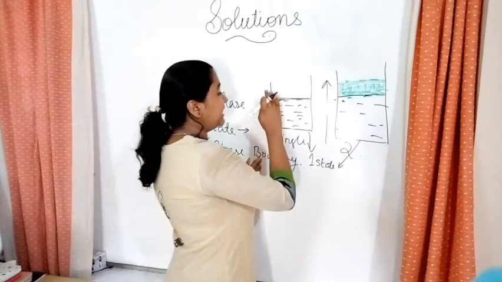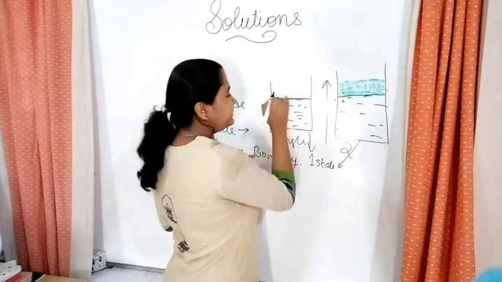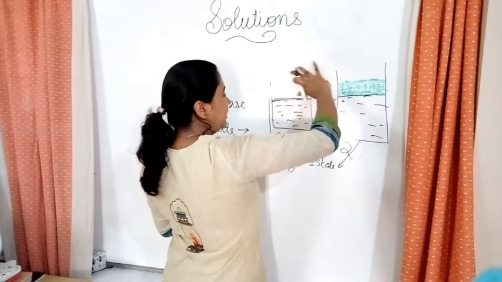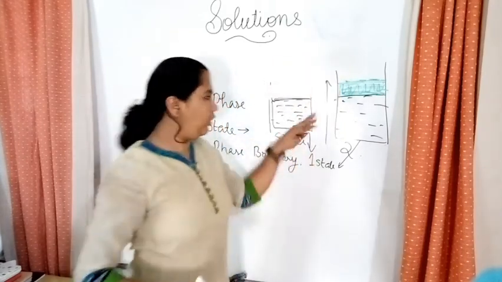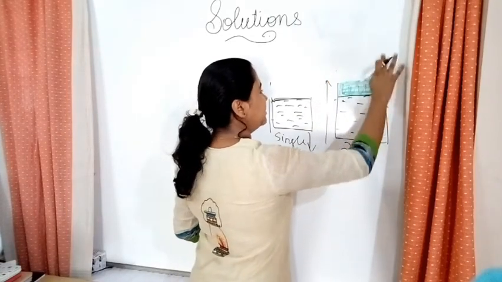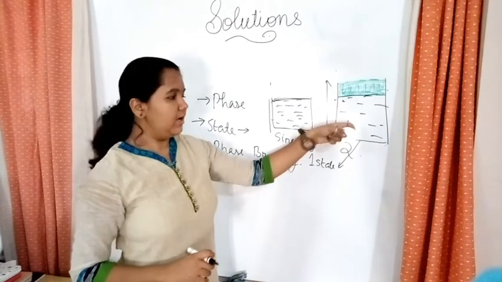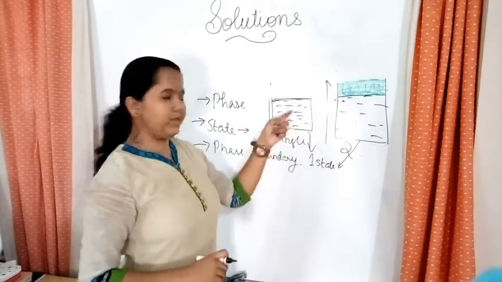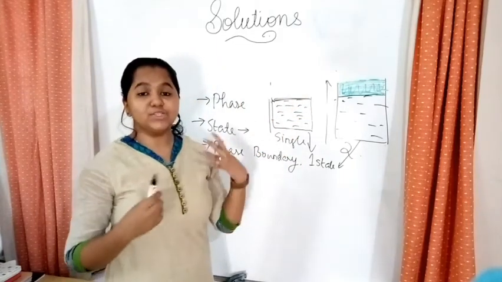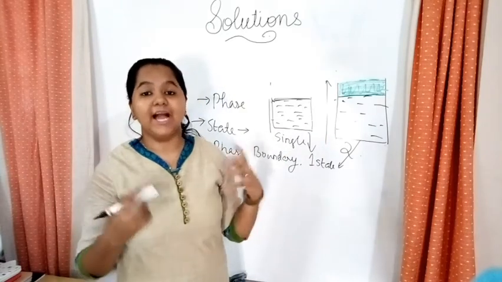But we only take the case of this solution. We don't go beyond the solution. We only take up till the solution. Till here only we observe. The tumbler is full and then it's closed. So only till here you take it. In this case also only till here you take it. Or else there is three phases: water, oil and air. Over here also if you take the whole tumbler, there is water and air. So when there are two distinct phases, it's easy to mechanically isolate them.